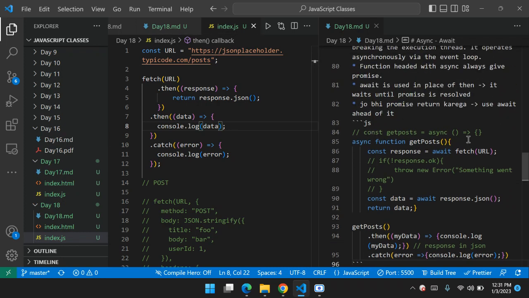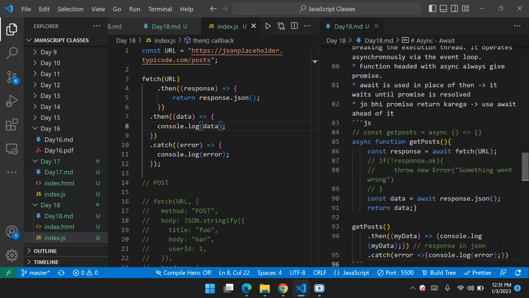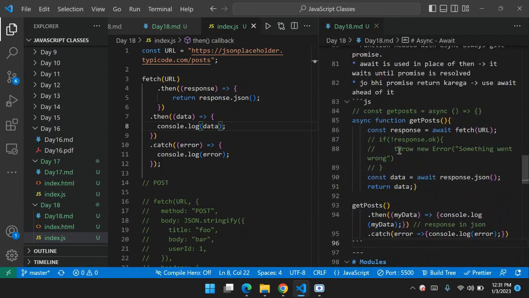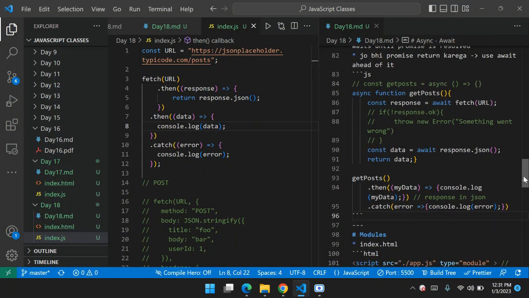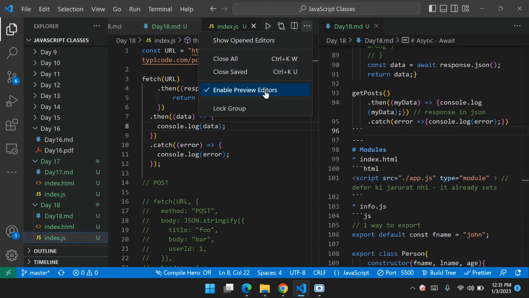So this is what we intend to use with async and await. Now, if you see, it is looking like very synchronous code, right? Every time it is just a simple variable. So we have made asynchronous code look like synchronous code. Clear? Another thing which I wanted to cover was